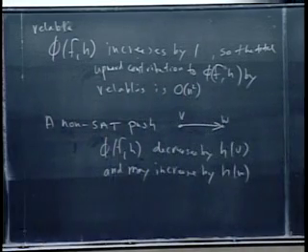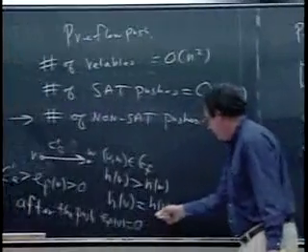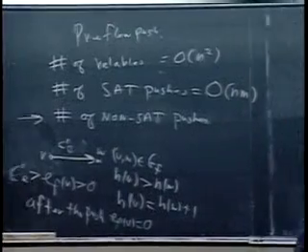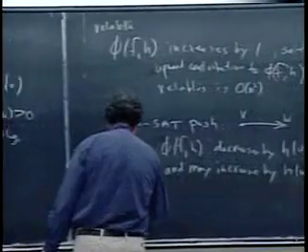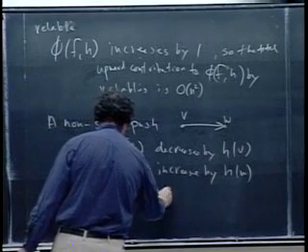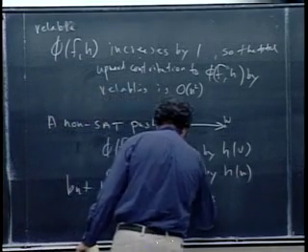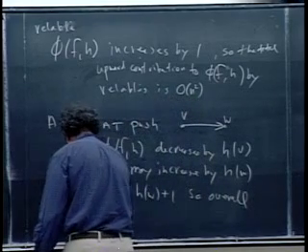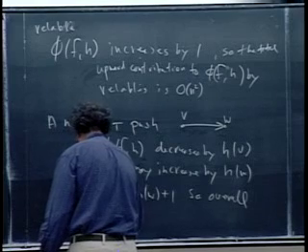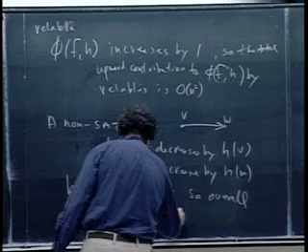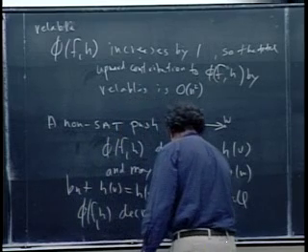We said over here that H of V is equal to H of W plus 1. H of V is bigger than H of W. So overall, this function decreases by at least 1